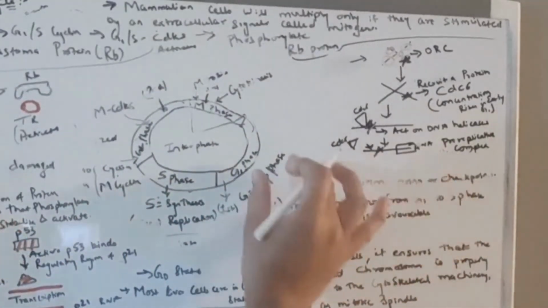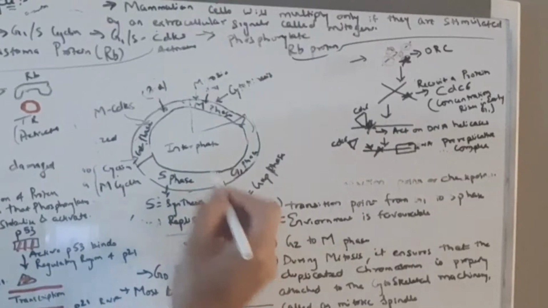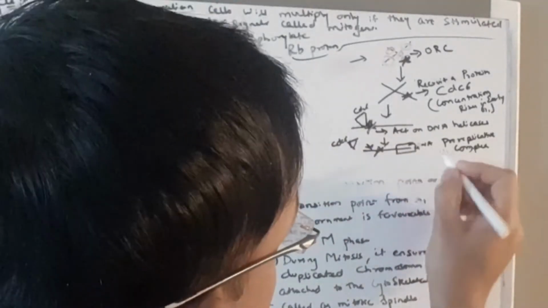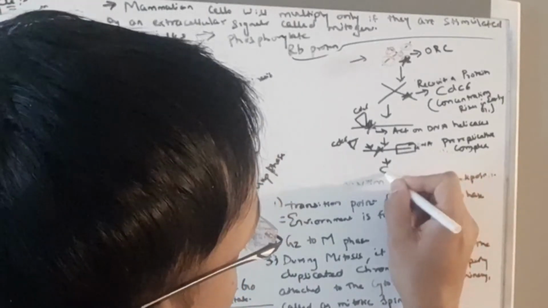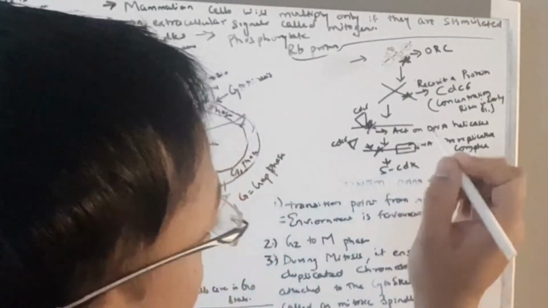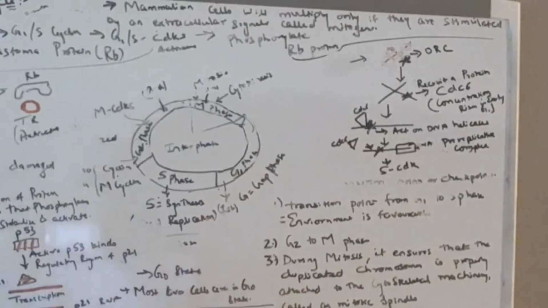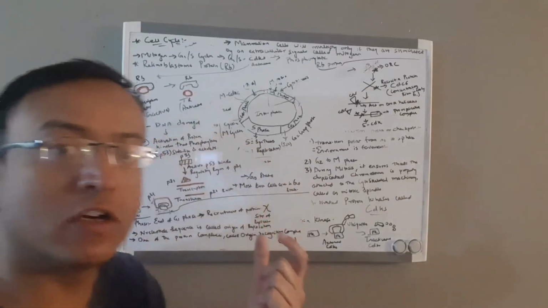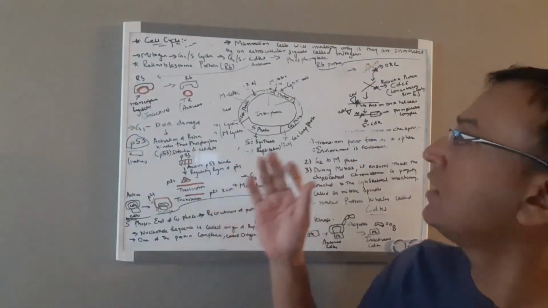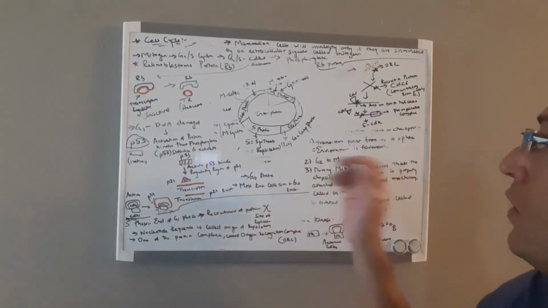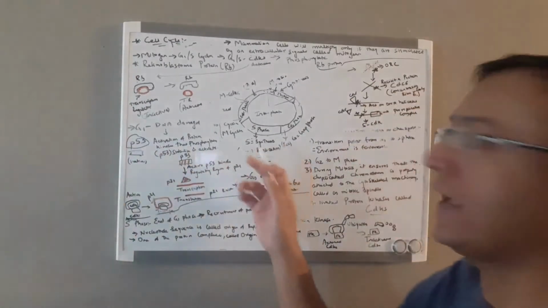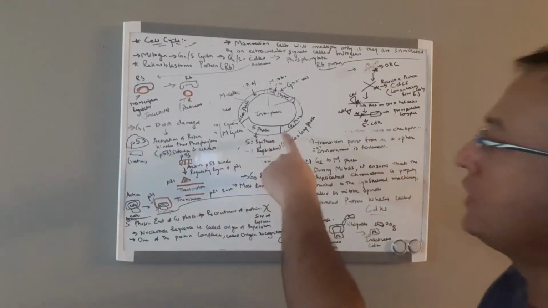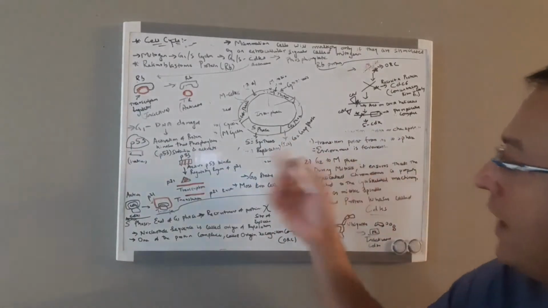This process is done at the end of the G1 phase, and when it enters into the S phase, this is stimulated by SCDK, the cyclin dependent kinase complex that triggers the S phase, right? So SCDK is assembled and activated at the end of G1,